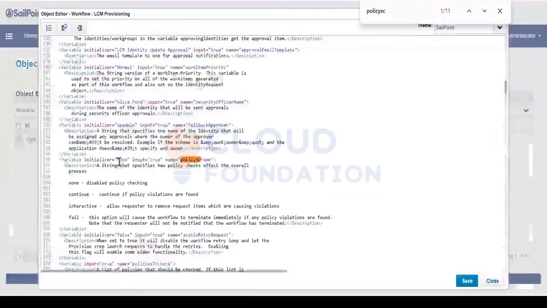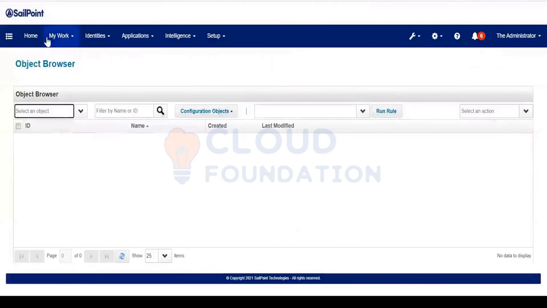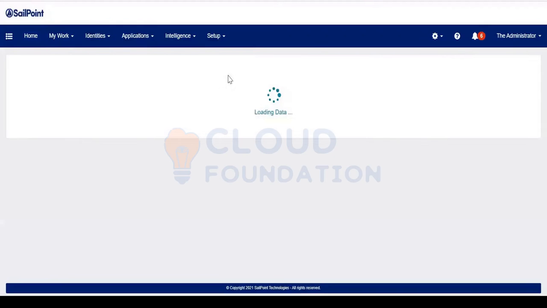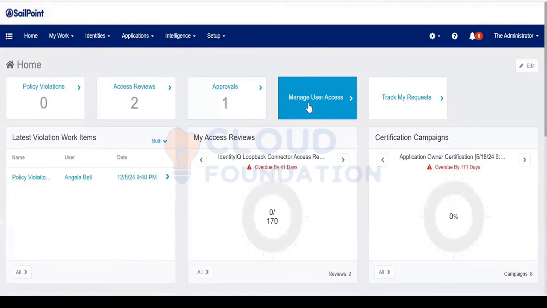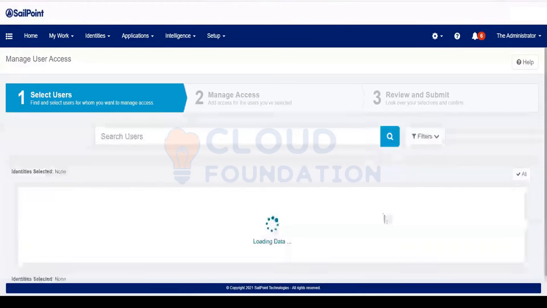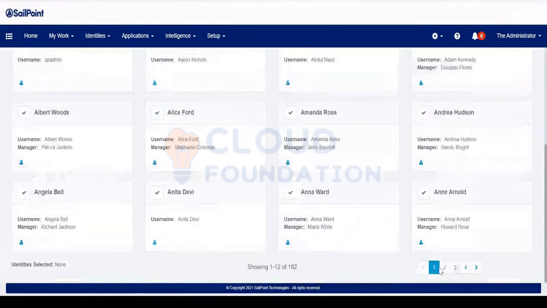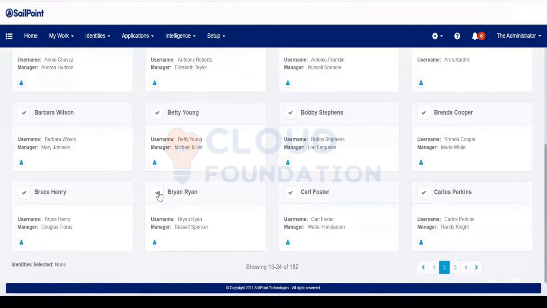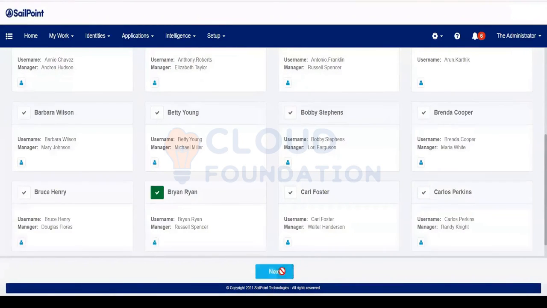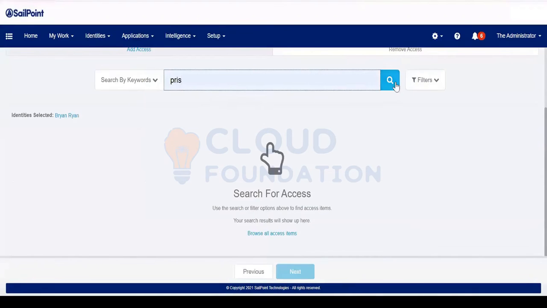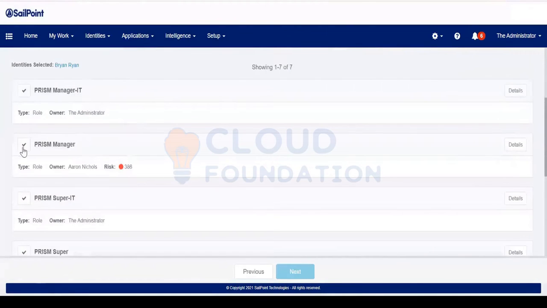You can see the policy scheme is none, and we defined the policy by adding the toxic combination of Prism Manager and Prism Super. I'm going to submit the request for Brian by selecting the same toxic combination access, Prism Manager and Super.